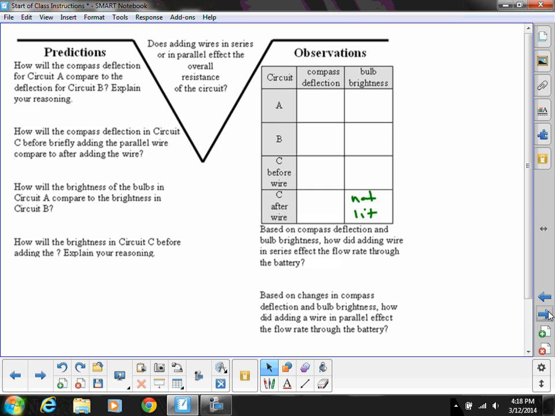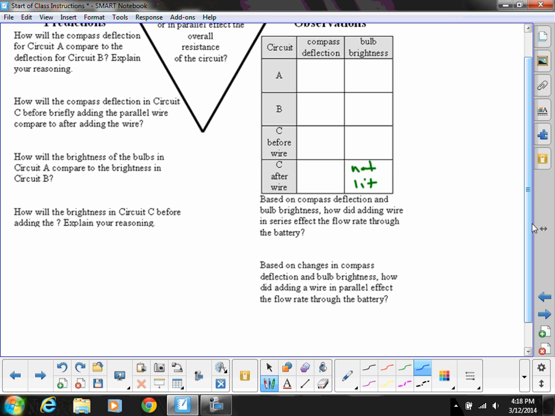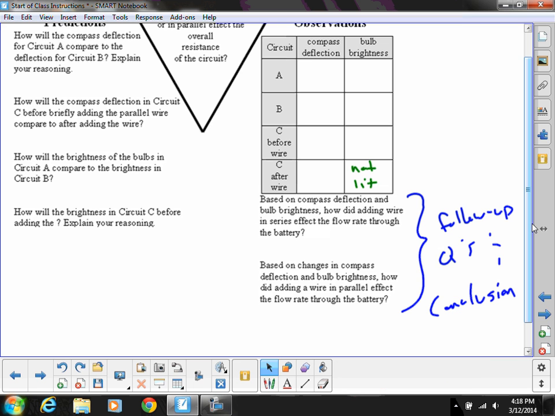Your assignment for Monday is to complete these follow-up questions, and then also to write your conclusion. Remember, the answer to your conclusion should answer the focus question, including evidence from the activity. So again, once you have finished the predictions, you can go on to that. Last thing,